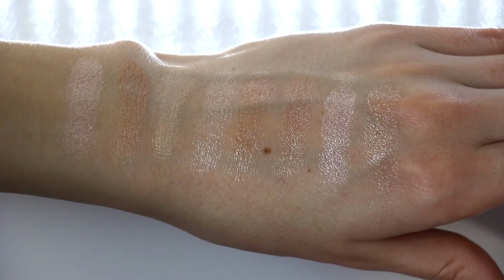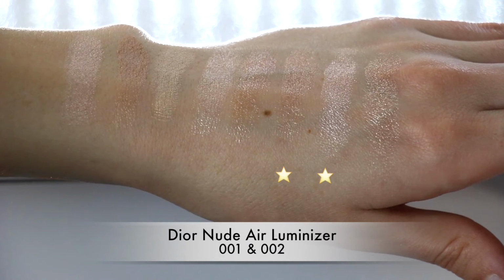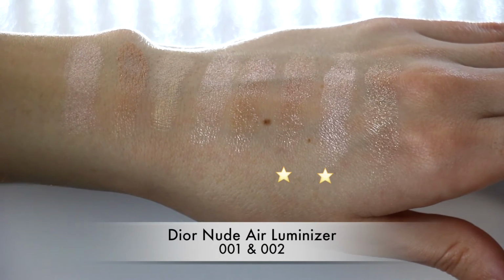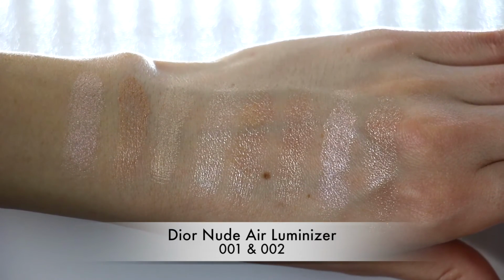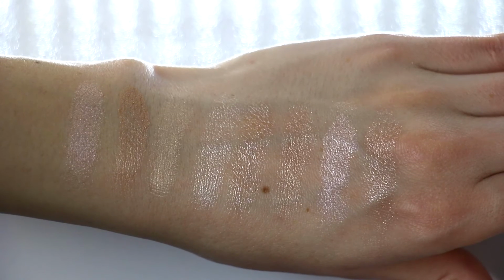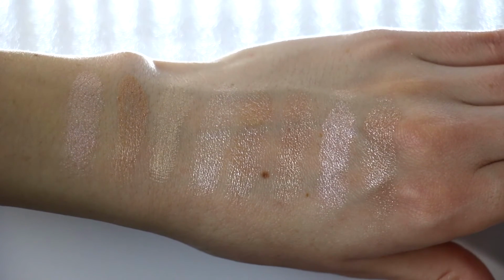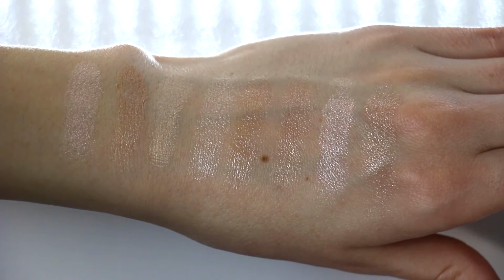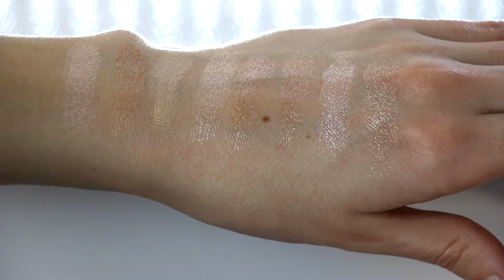Next up, the two on the right are part of the new Dior highlighters, and actually I feel like these are some of my absolute favorite. I do have these in my collection. And the only kind of off-putting thing about the Dior ones is the price, because they're about $20 more expensive than the other ones. I would say, just looking at them side by side, to me I can tell a difference. They have more of a high gloss finish than the other ones and look just a little bit more